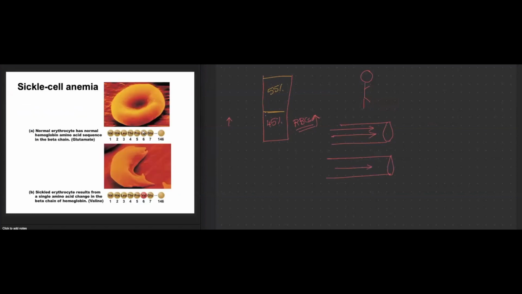You see on here, the gene mutation causes a substitution of the amino acid at position number 6 in the globin chain. You see, rather than glutamate, it is substituted by valine,